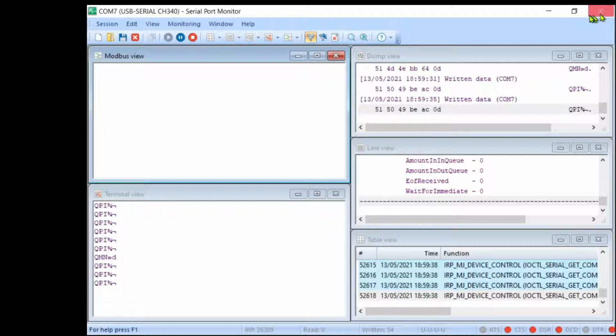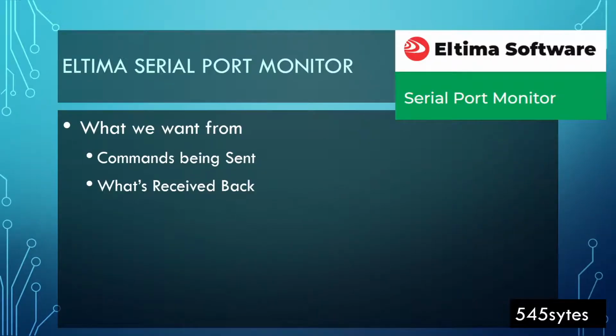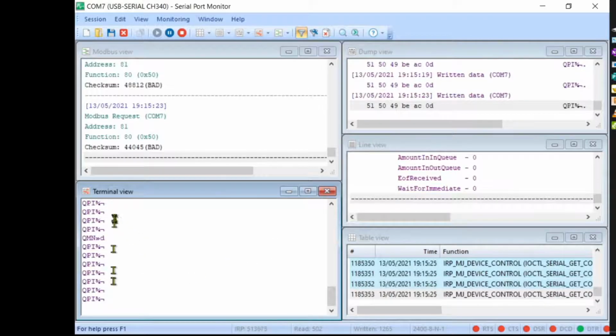There is no reply, but at least we know that our serial port monitor has started working. So let's try to find out what is being sent and what is being received back. In the terminal window, you can see that QPI is being sent, and we are not receiving anything, but